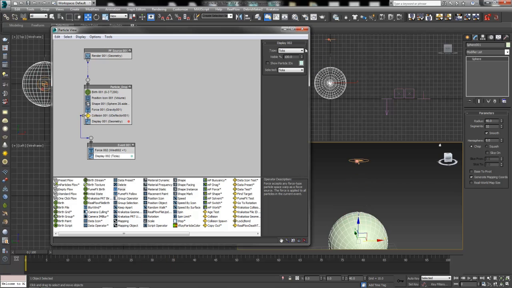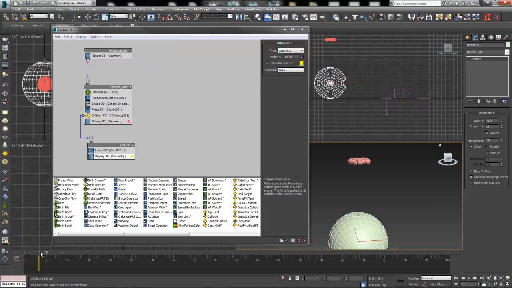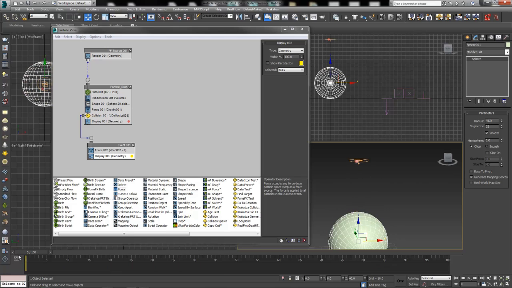I'm going to go ahead and turn our ticks once again to geometry. I'll leave them a different color. I'm going to change it to a bright yellow so we can actually see what's going on. So that as soon as they hit the sphere and travel into the next event, you'll know it because the particles have now changed to this yellow geometry versus that original pink yellow. Alright, now they're scattering in all directions. They're paying attention to our wind, but we don't need that. Okay, but that's not enough.